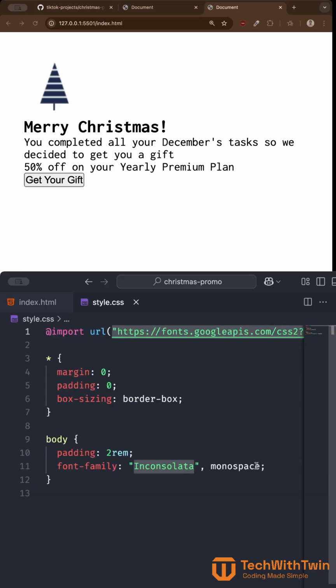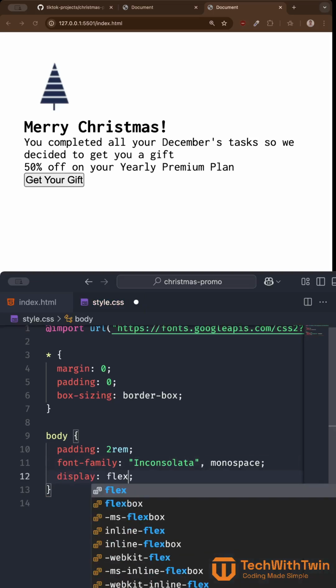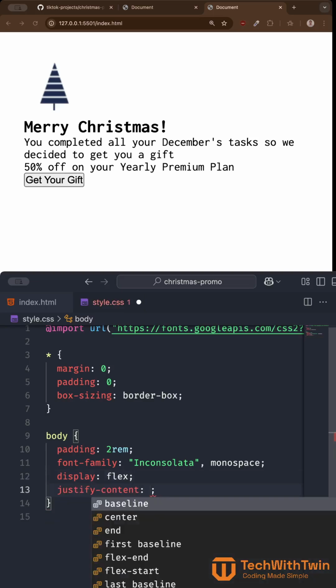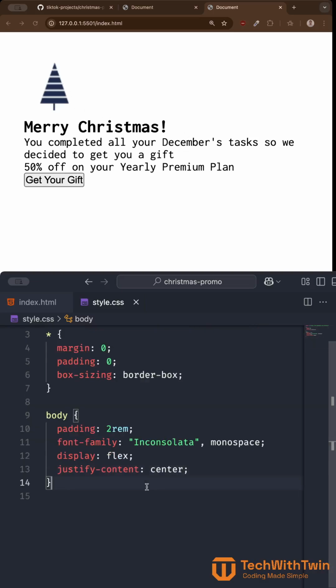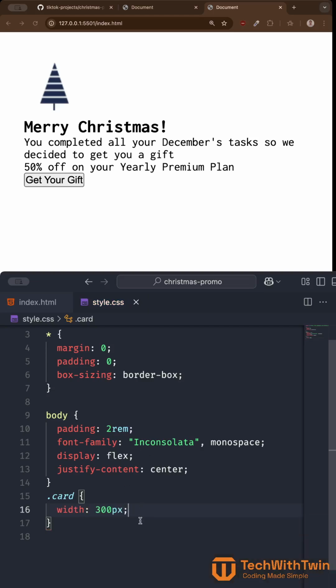And then if you go back here, you can see the name of the font we are using. It's called Inconsolata. Then next, let's display flex. We want to put it in the middle of the page. So we can say justify content center. So nothing changes because this card takes up the whole width. So let's grab the card. So we can say dot card and then say width 300 pixels. All right, so that should be having a width of